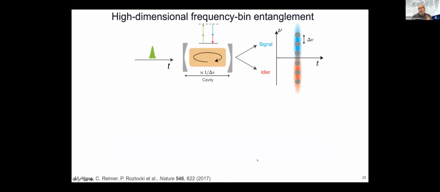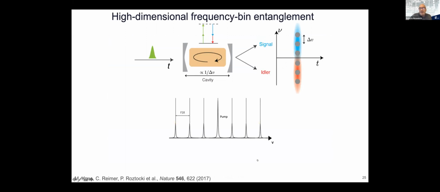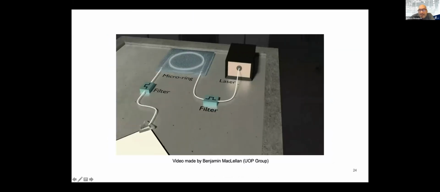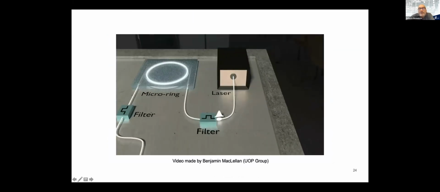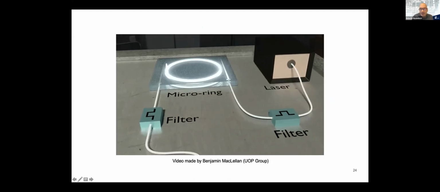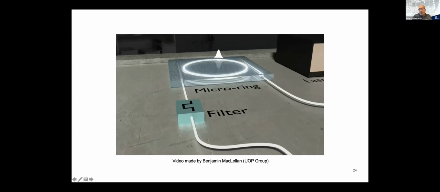Or you can use the fact that you have many lines in the cavity, so many pairs of signal and idler. So you look at the frequency domain instead, and you think about these photons as a superposition of different frequencies, like in this case. And then, the setup is slightly different. In the beginning it is the same. You have your pulsed laser that creates states through spontaneous four-wave mixing. You will create your comb. But now what we do, we replace